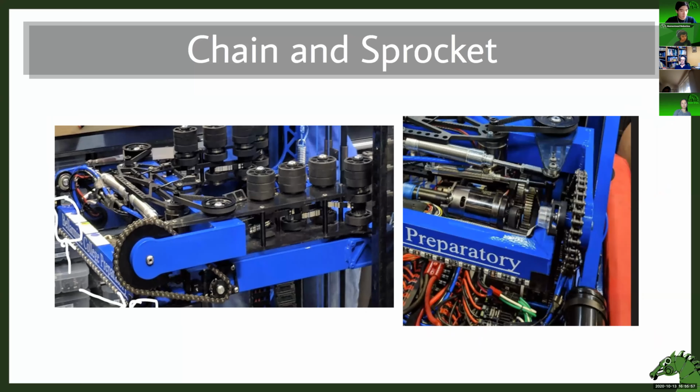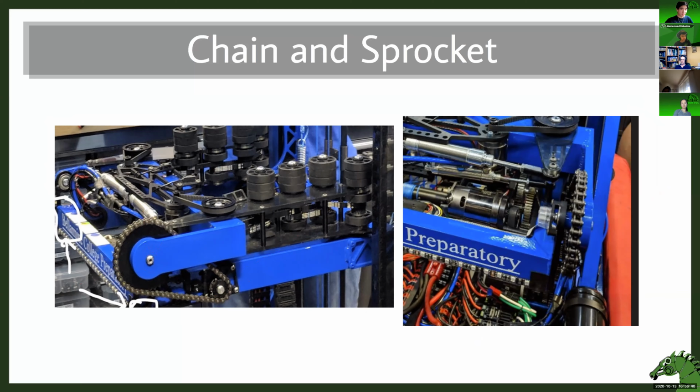All right, Tommy. And here's an example on a robot where a chain and sprocket is used. So you see these a lot on arms and intakes. So this is an arm here. And basically, let me get the drawing again. This is the input here. And then there's a view on the right of the actual gear train. And then there's the output right there. So again, you notice large sprocket, small sprocket, and then this is the effort force, and this is the resistance side. So most of the times, you'll see large to small because that gets you reduction, and usually